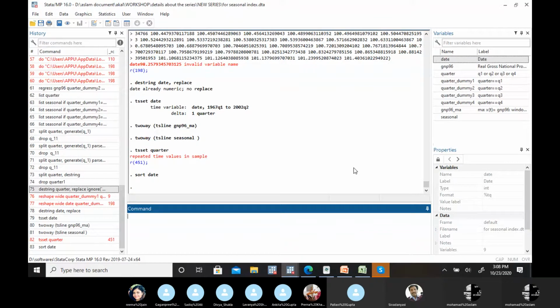I tried to explain with graphs the difference between a multiplicative model and an additive model. So let's do this seasonal calculation now from the regression model, the dummy variable model.